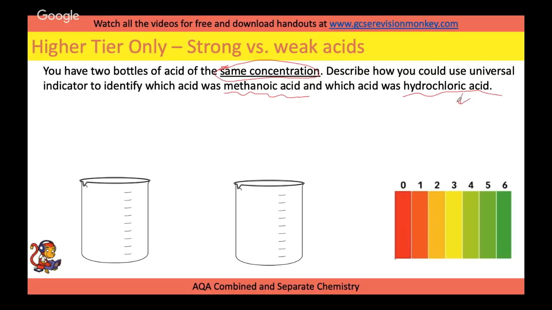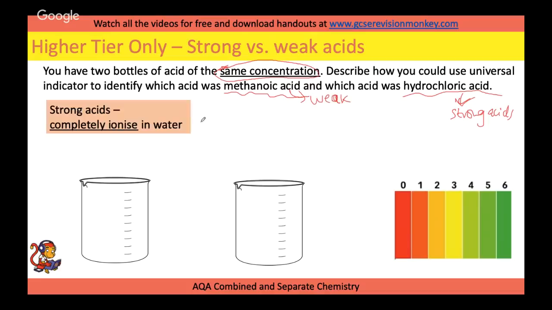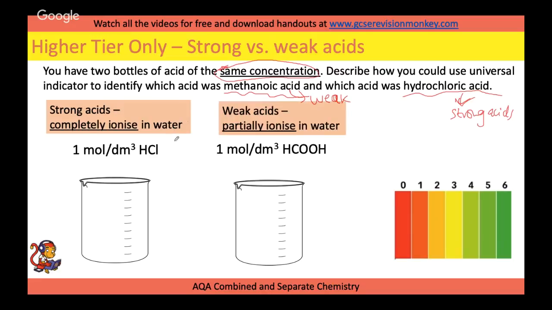Well, all the ones you use in your lab, like sulfuric acid, nitric acid, hydrochloric acid, are all examples of strong acids, nothing to do with concentration. Other acids like methanoic, ethanoic, citric, you don't really need to know any. They'll give you the examples, but they are weak. So if we have the same concentration of hydrochloric acid and the same concentration of methanoic acid in a beaker,